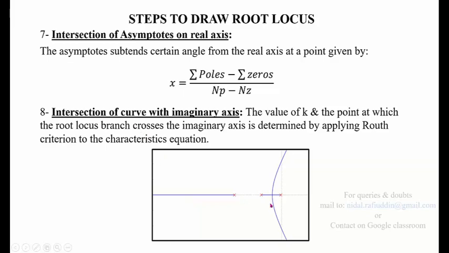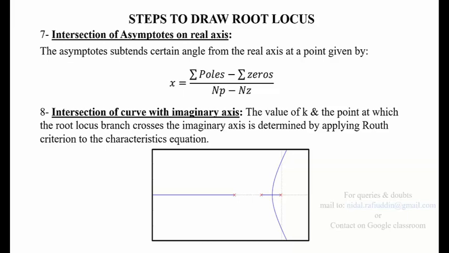So while they move towards infinity, these two poles will cross the imaginary axis of the s-plane, and these two points, this point and this point, will be termed as the intersection of the curve with the imaginary axis. These points are found by obtaining the value of k, and the point at which the root locus branch crosses the imaginary axis is determined by applying the Routh-Hurwitz criteria to the characteristic equation, from where we obtain the